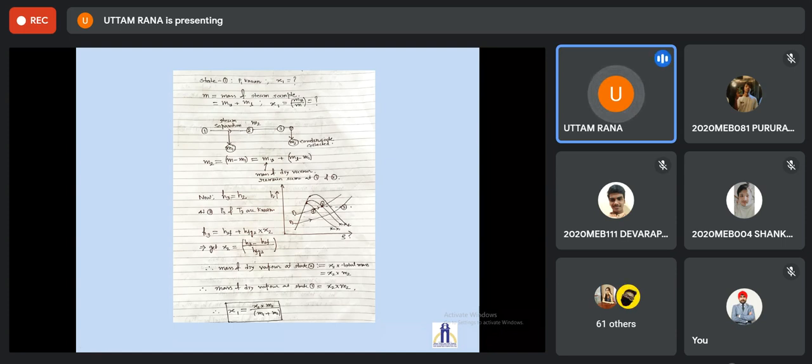So if N is the mass of the steam sample, then we can say MV plus ML is the total mass. So X1 is basically MV divided by N. That is what we have to find. Now here, MV is basically at state 2, M2 mass is passing through, because M2 condensate is collected.